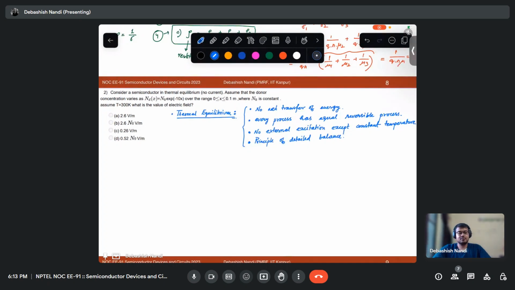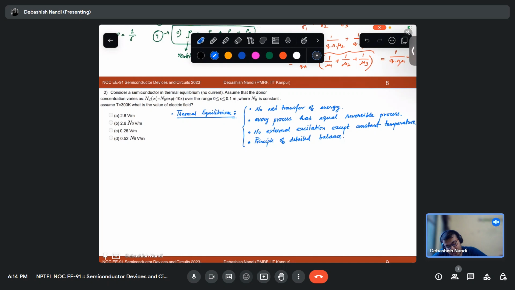Because there is presence of light. Exactly. Excellent. That light is a source of energy. And we have said that except thermal energy, there should not be any other form of energy. Thermal energy also at some constant temperature, okay? Because I am able to see the semiconductor or silicon slab, that means there is some reflectance. That's why I am seeing it. That means there is presence of light, which means it is not in equilibrium. Okay, excellent answer.